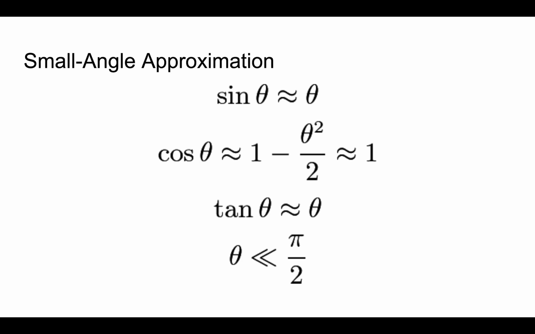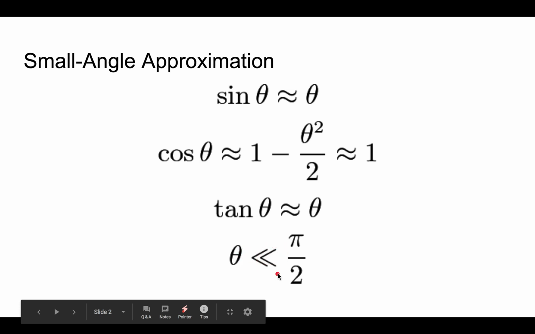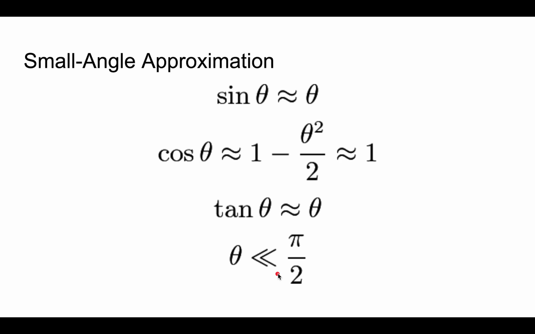But what we do with the small angle approximation is we assume that the angle is very small. As you can see down here, we're using this less than sign. That means that theta, the angle, is much less than pi over 2. Recall that, let's say we have a function x to the n. As